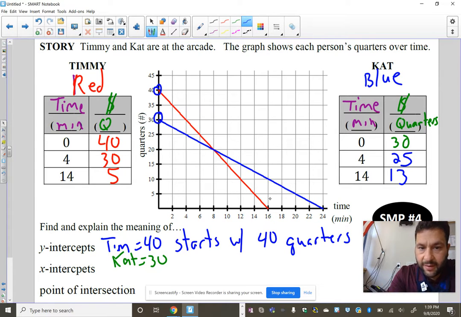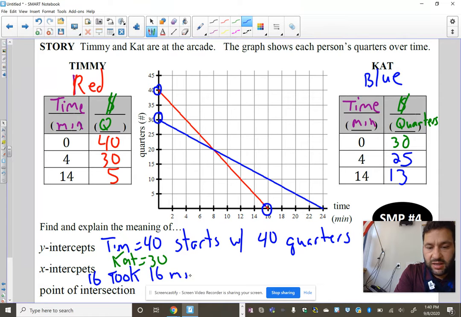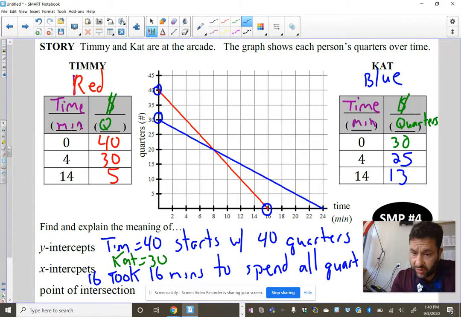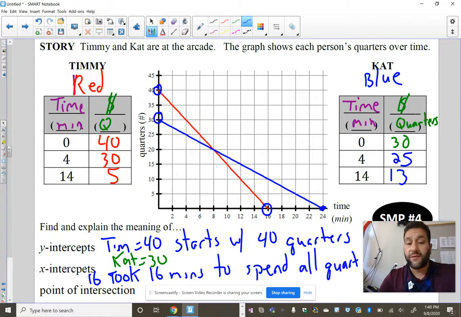So we see that Timmy's x-intercept is at the point 16, which means it took him 16 minutes to spend all his quarters. Whereas we can see with Kat, her x-intercept is at 24, meaning it took her 24 minutes to spend